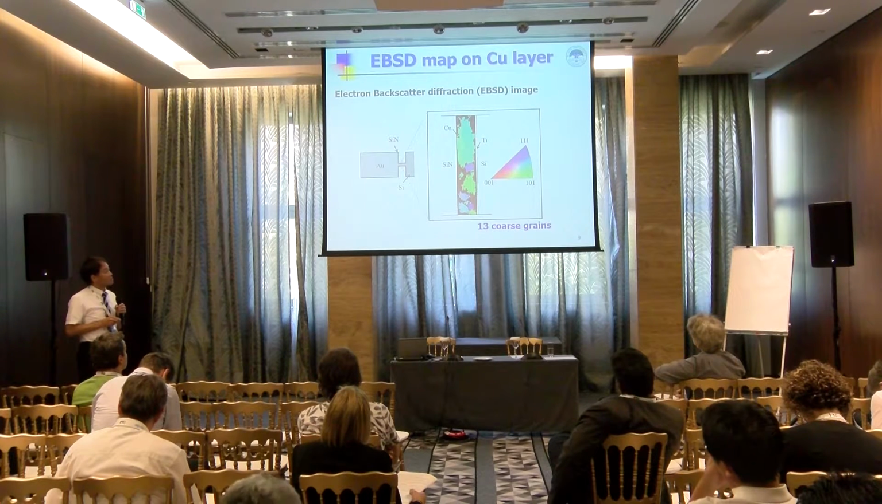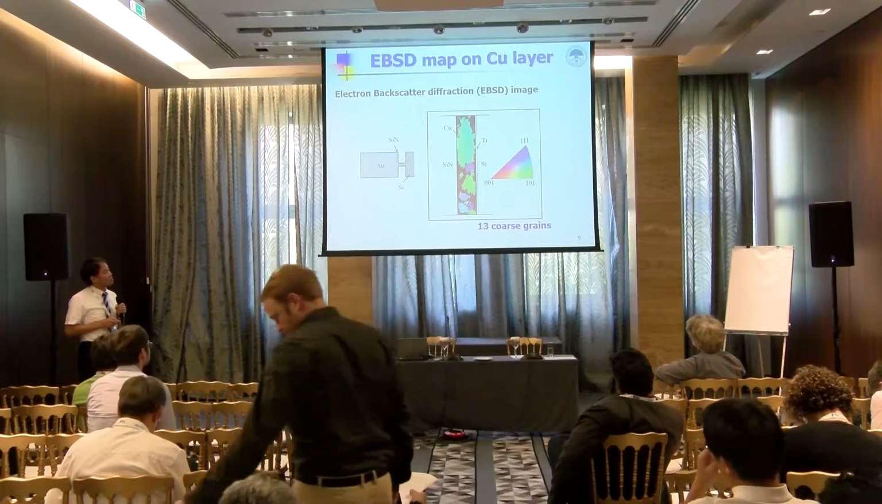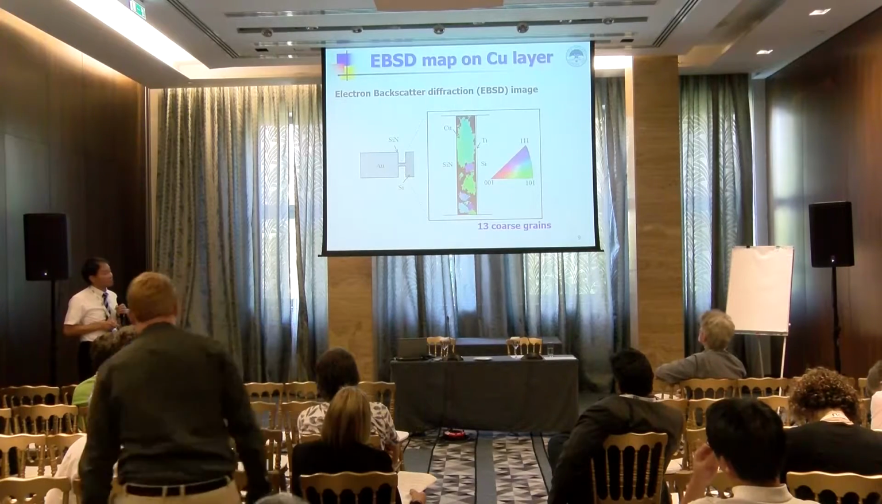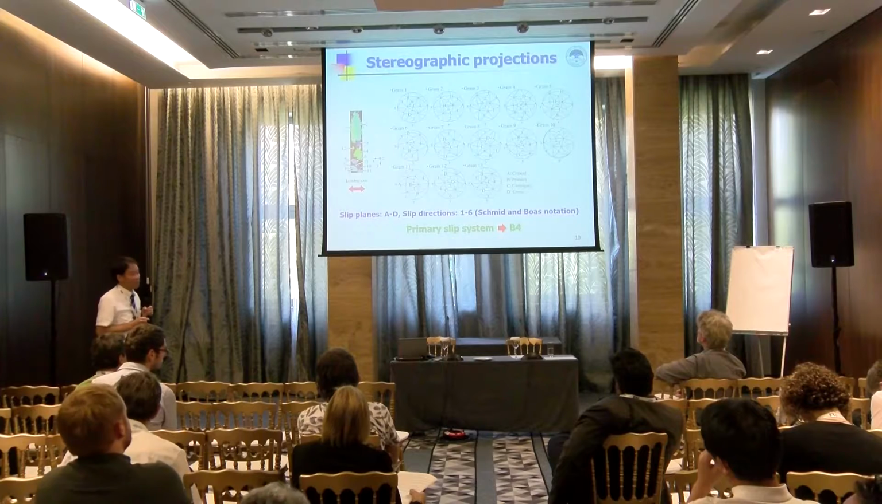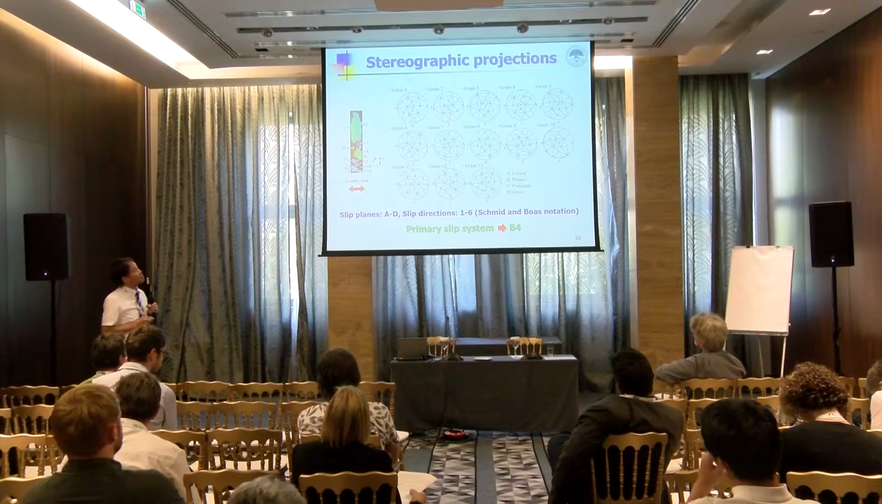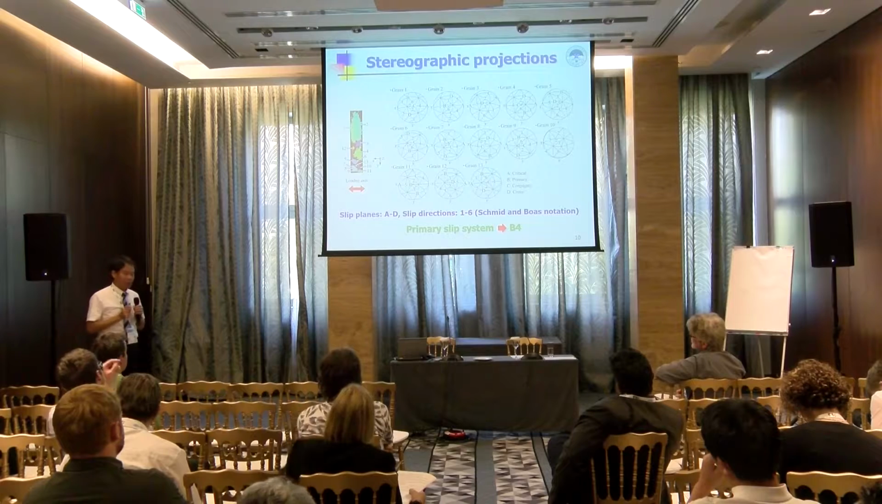And so this result indicates that the upper surface of the Cu portion is composed of 13 coarse grains. So we numbered these grains 1 to 13. And these are the stereographic projections of the 13 coarse grains. And so the copper has a cubic,